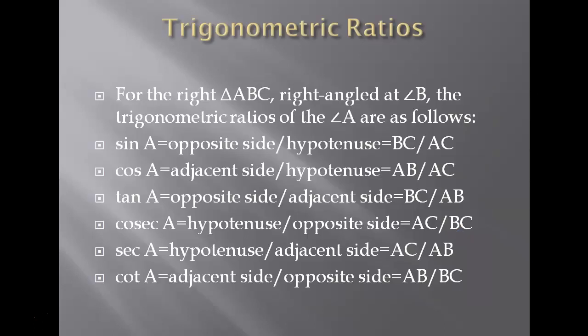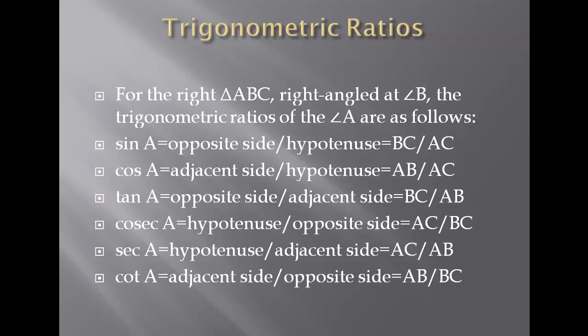Now, here are some trigonometric ratios. So, when the word trigonometric comes to our mind, then we always think about sine, cos, tan, cosecant, secant and cot. Yes, these are the things. Now, first of all, I am working on sine A, whatever angle we will select. So, sine A will be equal to opposite side upon hypotenuse. Here opposite side means perpendicular. So perpendicular upon hypotenuse. Next is cos A, that is adjacent side upon hypotenuse.